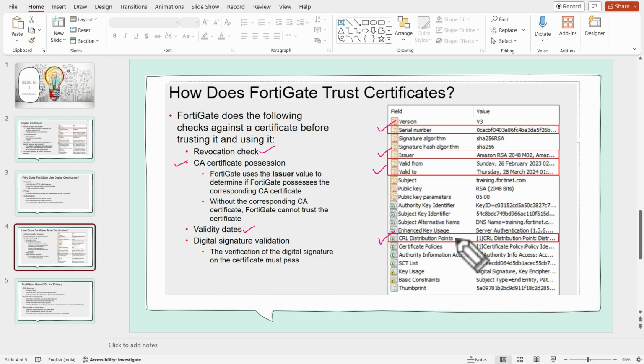If your certificate is part of this CRL, in that case that certificate will be considered invalid on the FortiGate. So these are the few parameters FortiGate uses to determine the certificate: serial number, validity, CRL. For the CRL, FortiGate uses the OCSP protocol to fetch the revocation list. So CA certificate, validity days, and digital certificate validations.